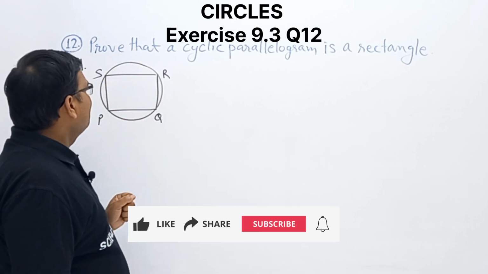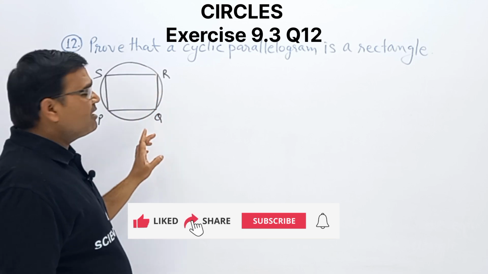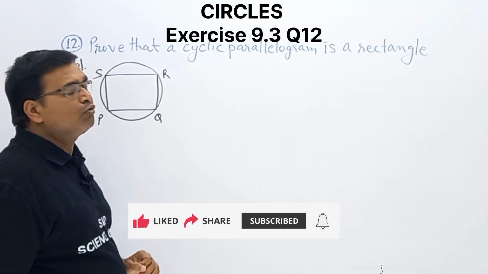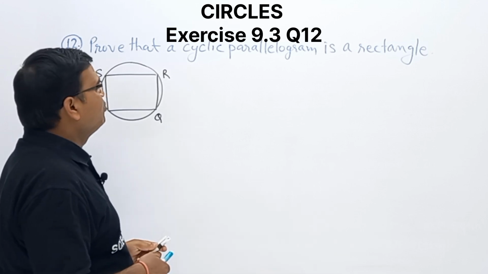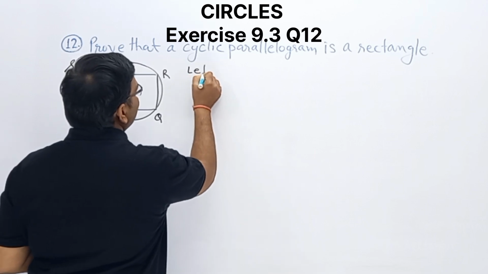It means this parallelogram is a rectangle. What is the meaning? Each angle is 90 degrees. This is what we want to prove. So how will we prove it? We are assuming, let